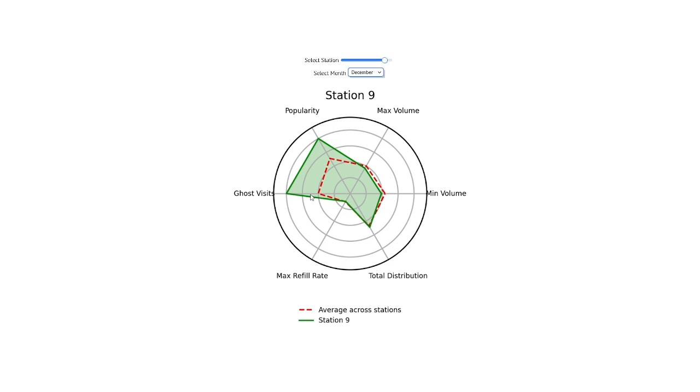This is one of our key findings. The ghost visit distribution is heavily skewed, which makes it hard to compare stations in this dimension. Most of them look flat because station 9 dominates the scale. As you can see,